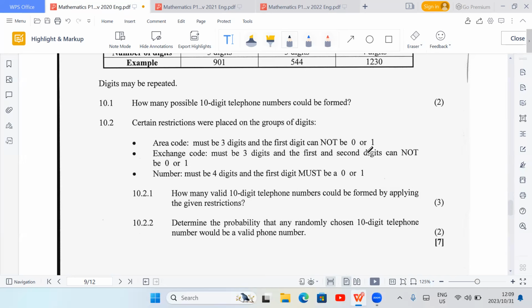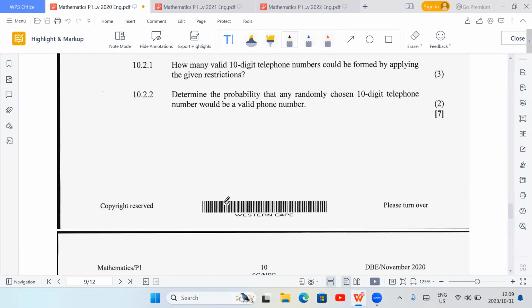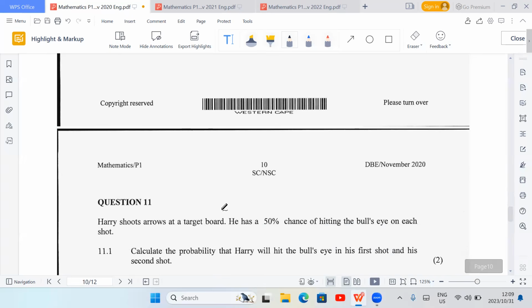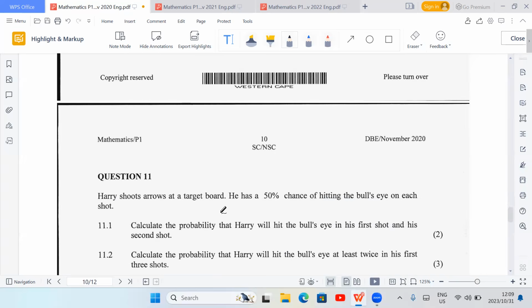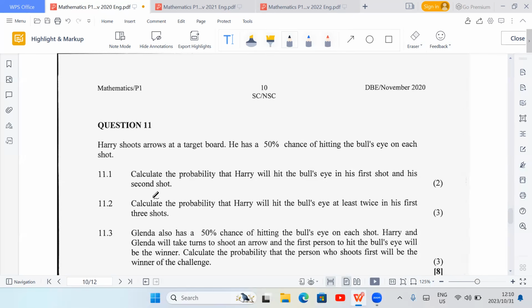But let's say now we just want to get at least 5 marks from that, so that it gives us the 100, right? So we are at 100 over 150, right? And then from here we have this probability. This probability can be anything from a Venn diagram, or they can ask you to do a tree diagram, or it can be that basic